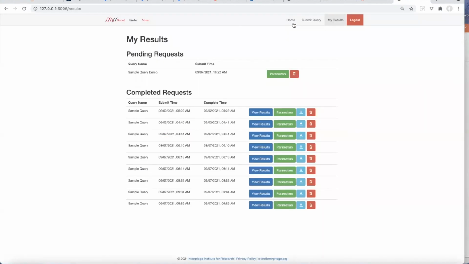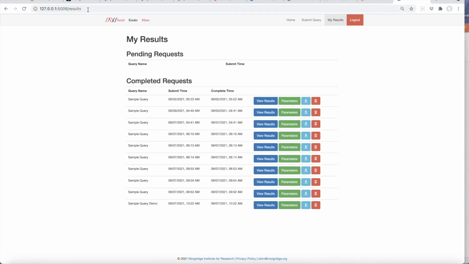So I'm moving to the results. So now the job is actually active. So you see the job sample query demo under pending requests. So let me just refresh this page. So now the job is complete. So I see sample query demo under completed requests.